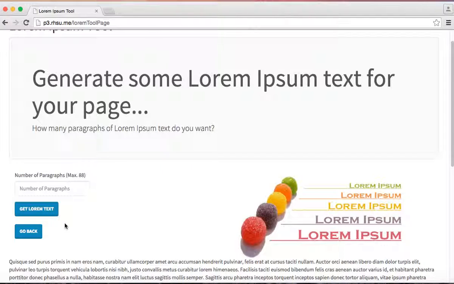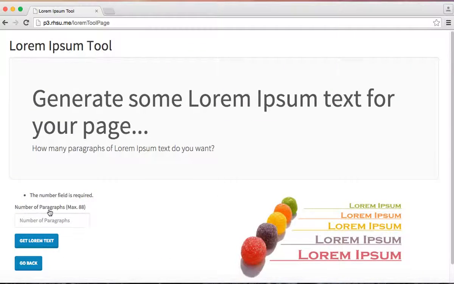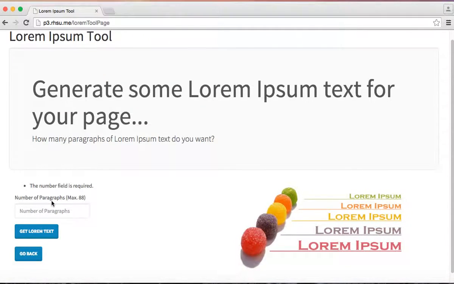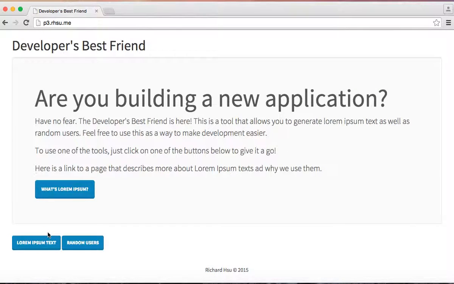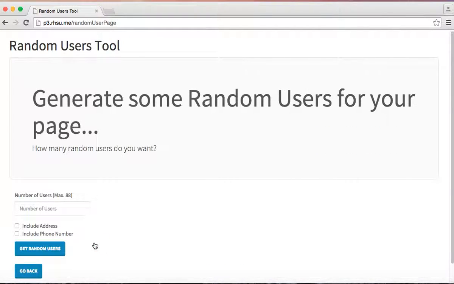I also did some validation. If we didn't include a number and we just clicked on Get Lorem Text, basically we would have a complaint that says the number field is required. And I also included a go back button, so if we click on it, we're taken back to the landing page. So now for the random users, if we click on random users, we're taken to a similar page for